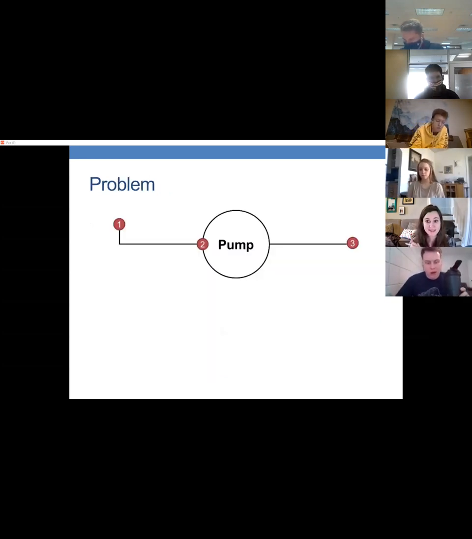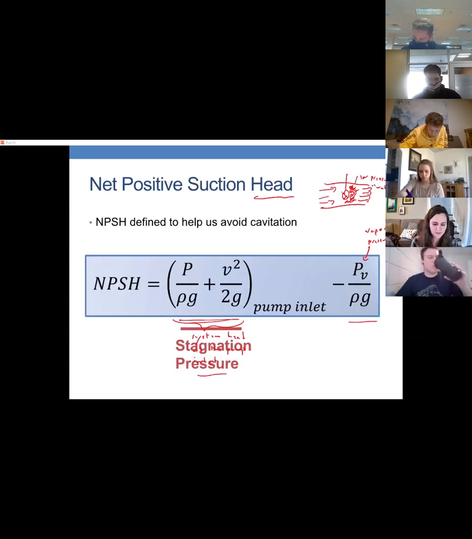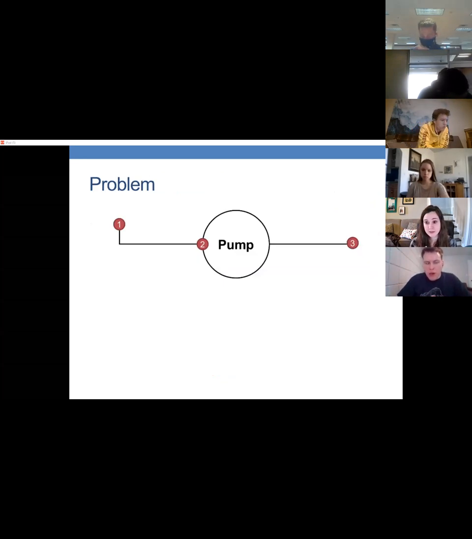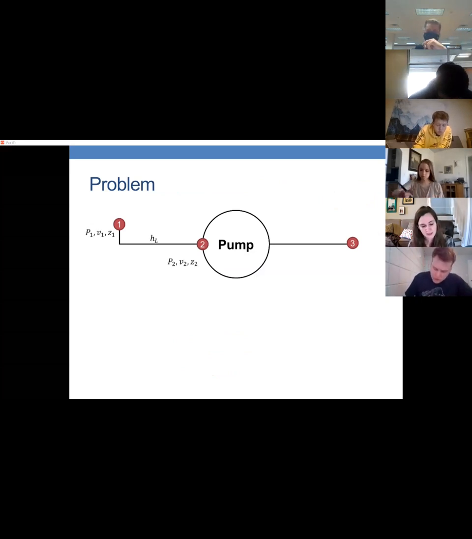Okay, so now what we're going to do, that right there, the velocity going into the pump, that's kind of inconvenient, and the pressure going into the pump, that's a little bit inconvenient, because we would need to do some kind of mechanical energy balance to figure out what that is exactly. So instead, we are going to rearrange things to get that equation I just showed you in terms of,